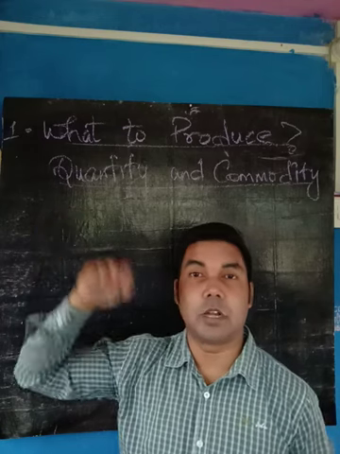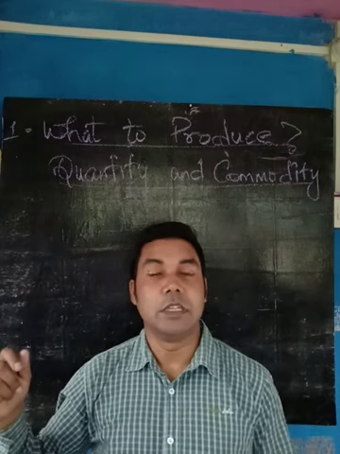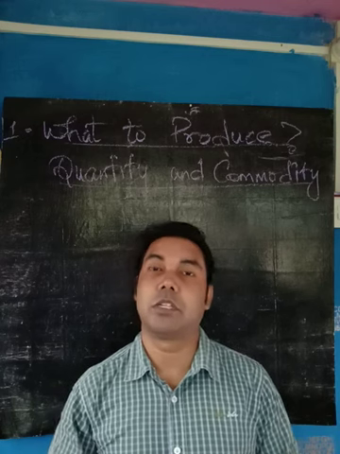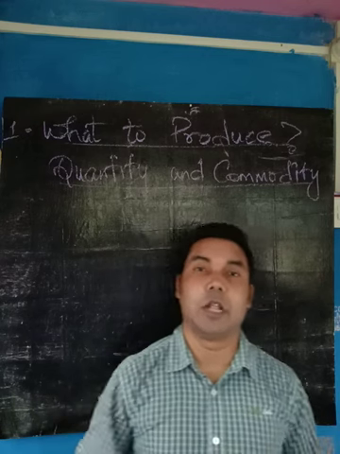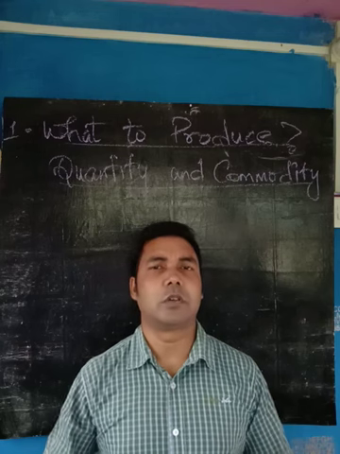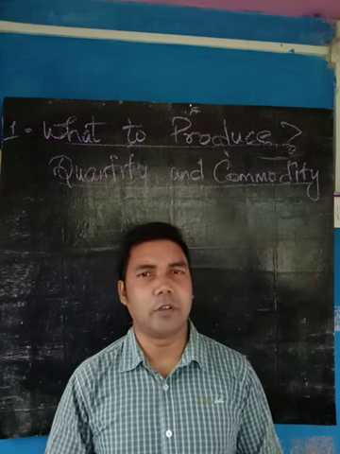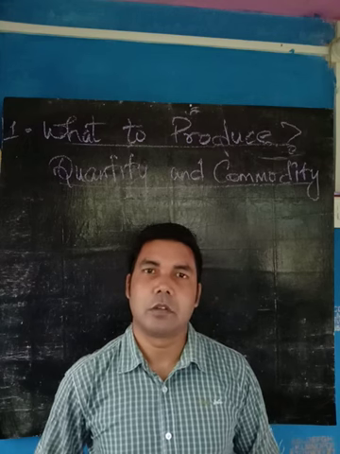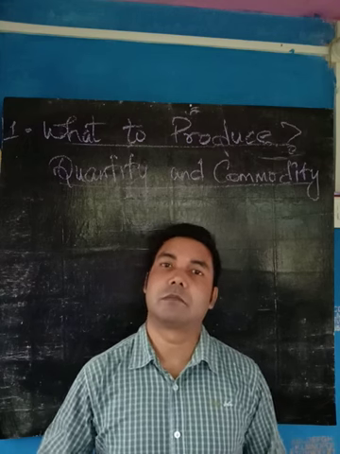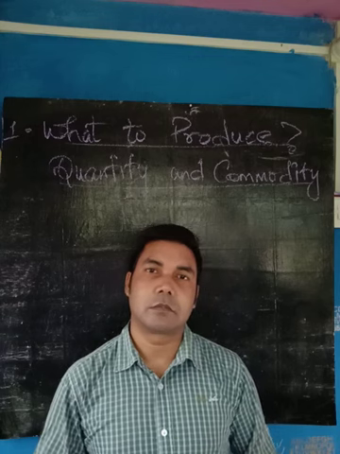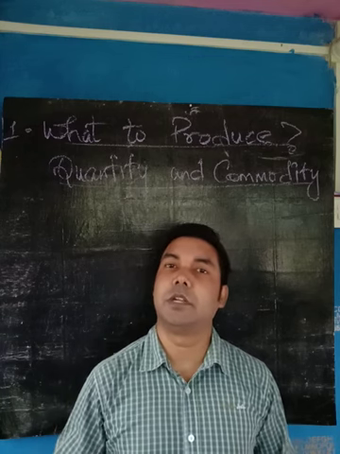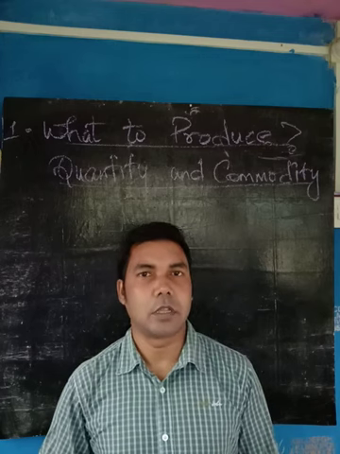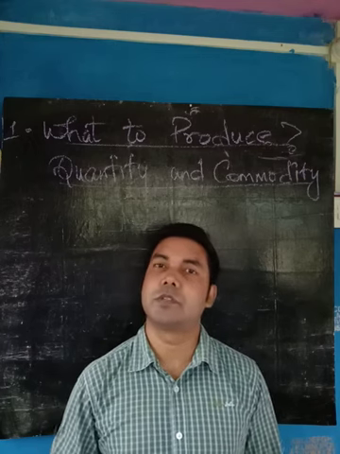Quantity also means in what quantity. If the population is large, then the quantity which needs to be produced will be large. If it is small, then the quantity which needs to be produced will be small, and if it is average, then the quantity will be that much, like that only. And if the country wants it to be exported, then surplus production can also be made. It depends upon the country as well as the producer.